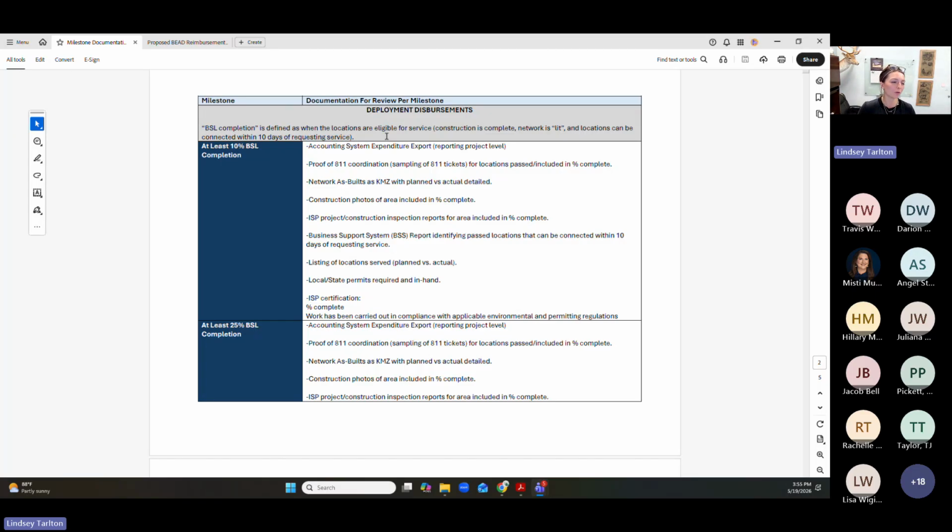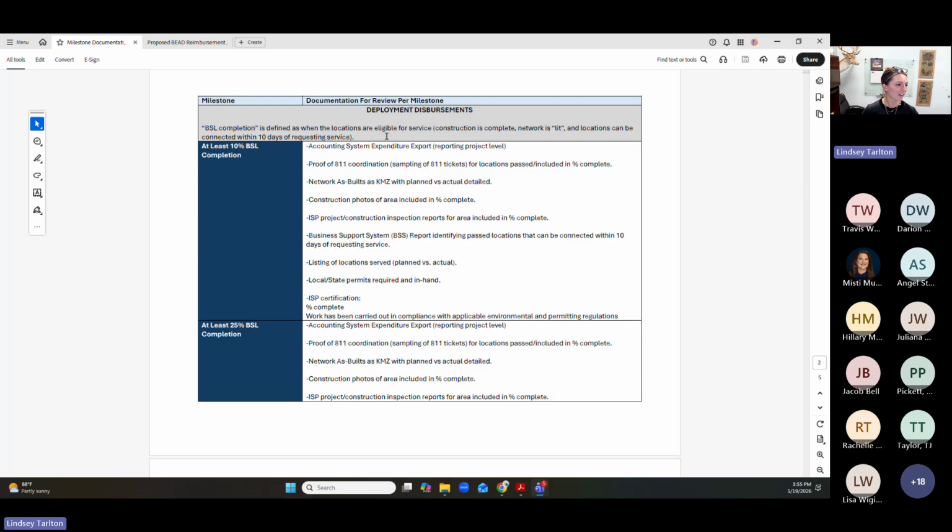It would be awesome if there were no issues in all of this build out for BEAD. Then you have your network as-built versus the plan, any construction photos from your build out, ISP construction inspection reports, and some different reports going down. This is not my area of expertise, if y'all can't tell.